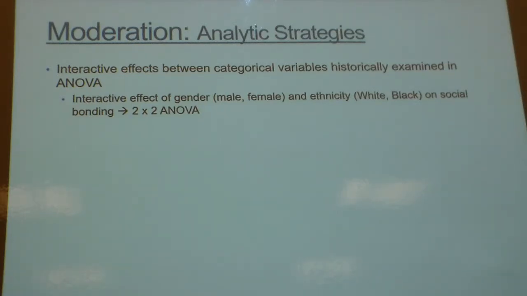I've grouped people based on gender and ethnicity, and what I want to do is see whether differences between men and women in social bonding are dependent on ethnicity. In some cultural groups, there's not a lot of difference. In other cultural groups, there is quite a difference. This would be an interaction effect where we would say the relation between gender and social bonding is conditioned on